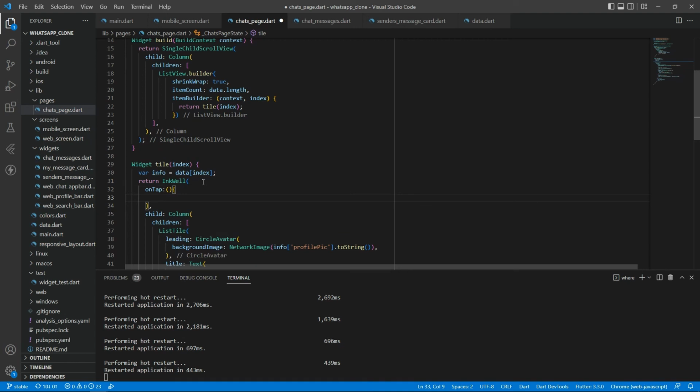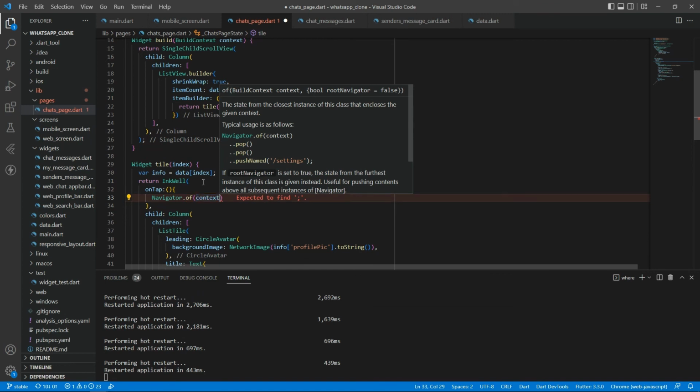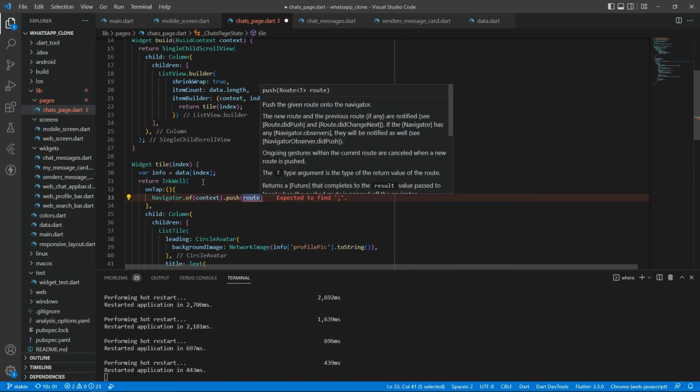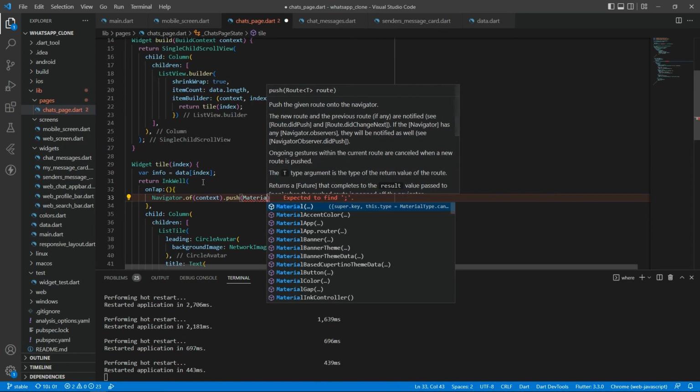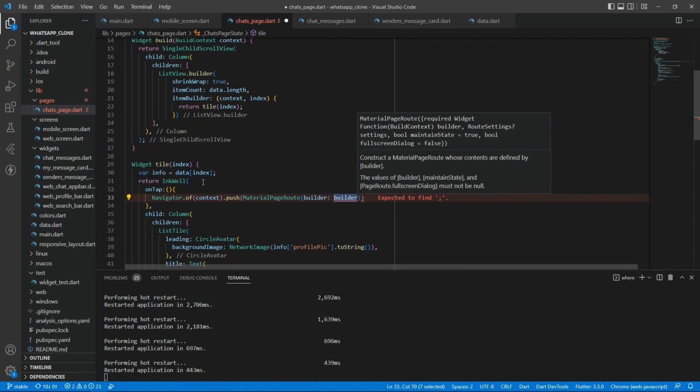Okay, so what we are going to do over here is use Navigator.of.push, and here we want to use material page route, and in the material page route we want to show